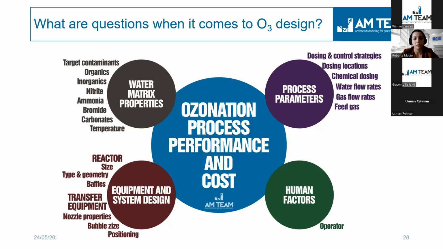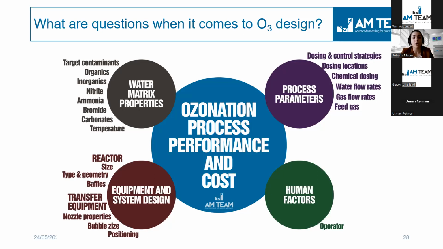First of all, we have the water matrix. The water matrix characteristics is very crucial. It's site-specific, case-specific, and the type of organic changes from water to water, and seasonal variability, etc. This is very important because it drives the consumption of ozone and ultimately the performance of your installation in terms of average removal of micropollutants or in terms of effectiveness of the disinfection for drinking water purposes.